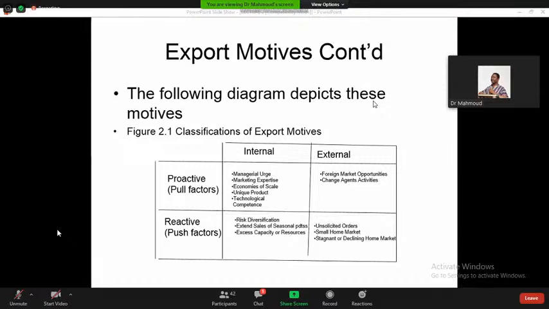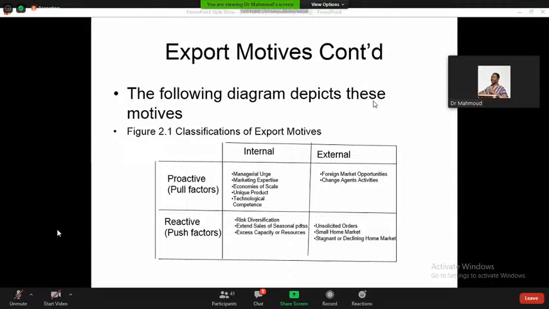So the change agents are many, and even include our local assemblies, since exporting too can take place at the local level, the national level, the regional level. So all these people are part of the change agents. And let me also say that it includes the banks. The banks can give you facility. So change agents are many. That's why I just group them as both public and private institutions that create the enabling environment for you to be able to do business. And they can change your life. They can make things better for you. They are change agents. So their activities can push some people to go into the